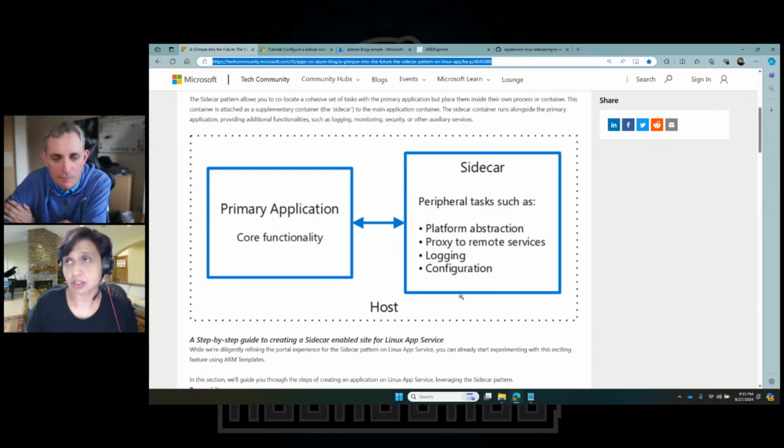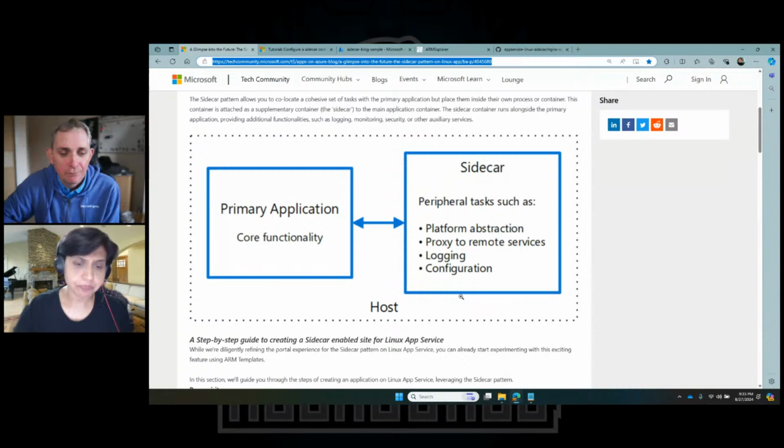The advantage is that these are now separate entities, so you can alter your main application without affecting the sidecar. Or you can use sidecar containers which are already available and just plug them into your application. I'll show you a demo on how you can do that as well.